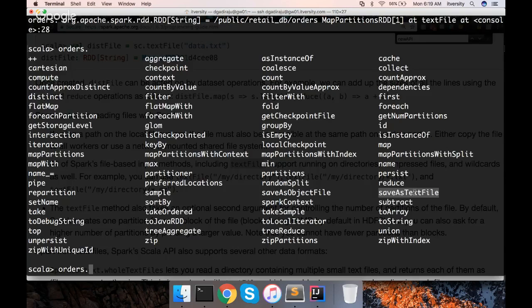Now let us get on to the other file formats. What are the other file formats? I don't want to get into the details of explaining the concepts behind those things. You need to be at least familiar with terms such as JSON. Let me type it here.